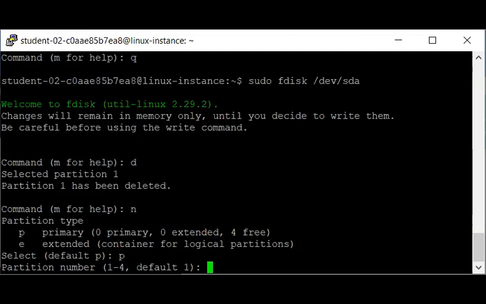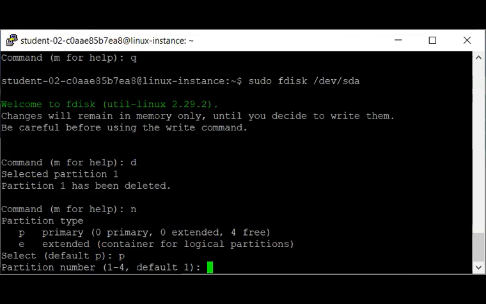Since it's a primary partition, it can only be labeled from 1 to 4. It's good practice to assign partition numbers sequentially, because problems can sometimes arise with certain programs if partitions are not ordered sequentially.